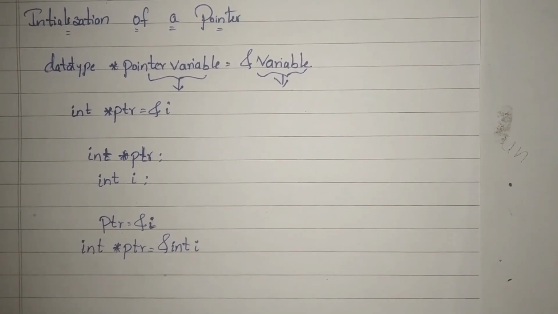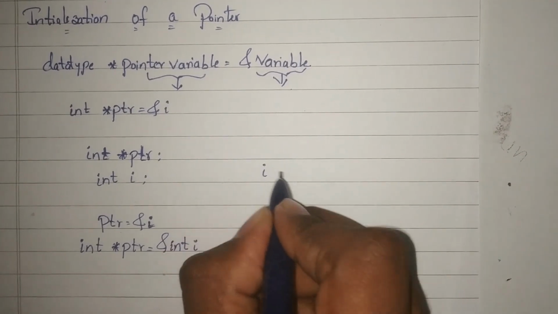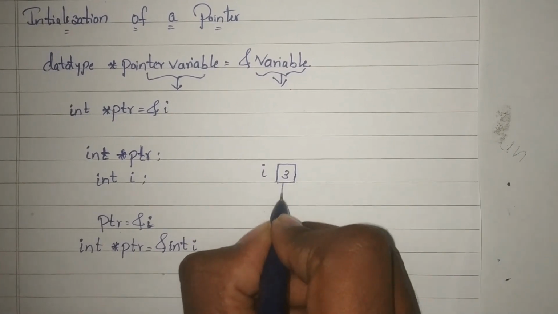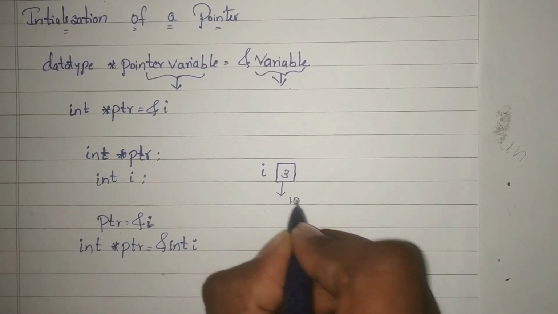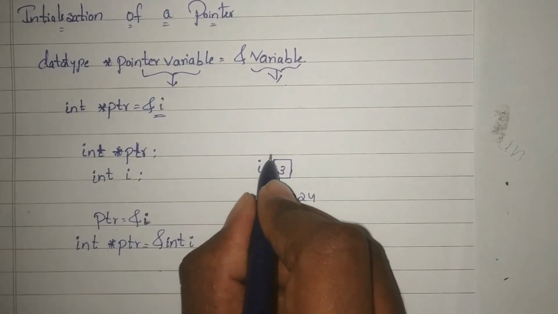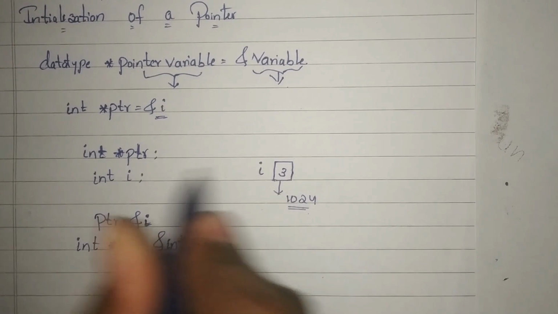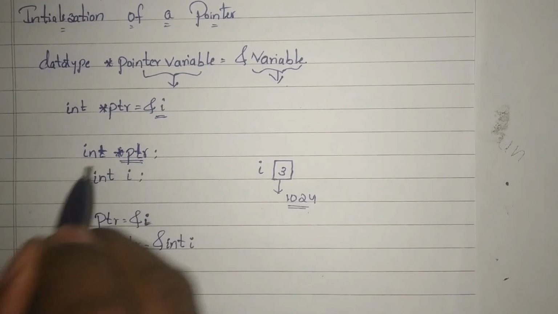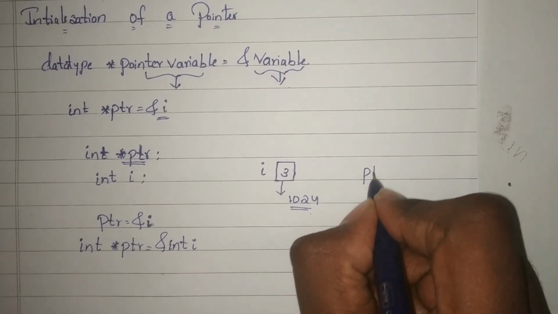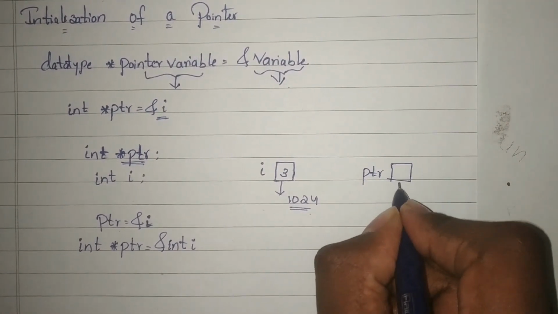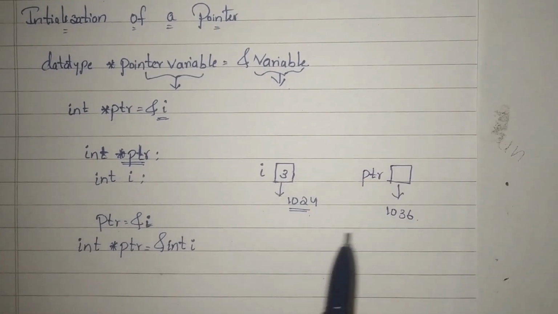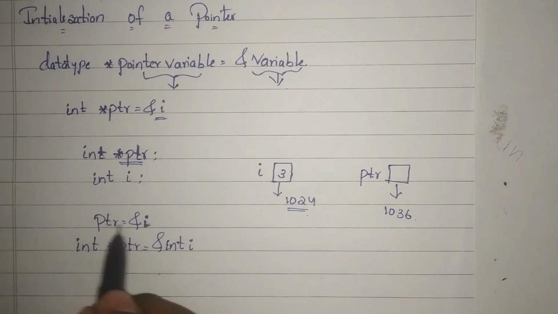Now let me see one example. Let me consider a variable I which stores the value of 3 with the memory address of 1024. Now we declared a variable which stores the value of 3 and the memory address of 1024, and again we declared a pointer variable. Now the pointer variable, that is ptr, has the memory address of 1036. Let me consider it. Now what will it do? What does ampersand of I